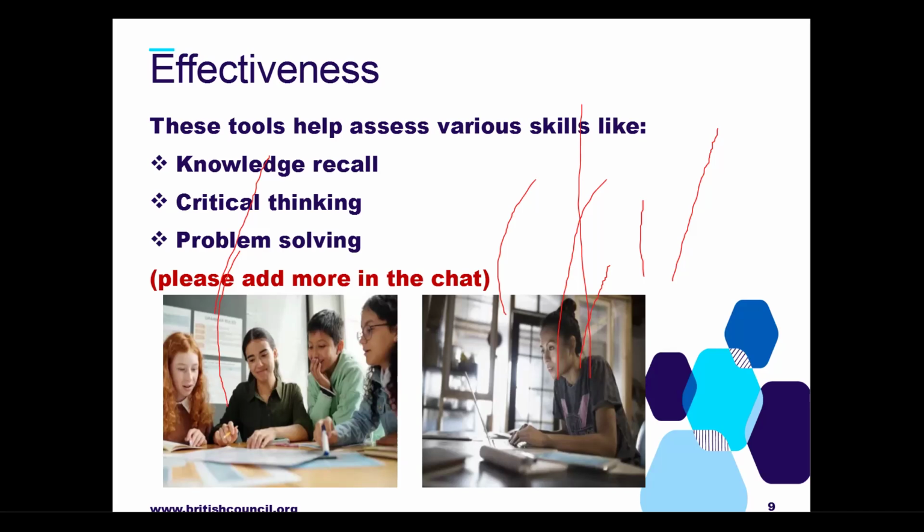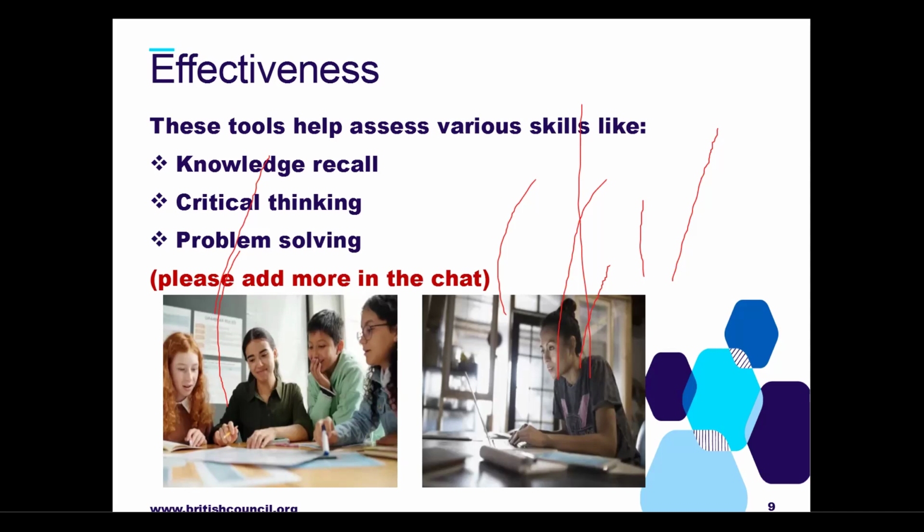Najashi, critical thinking. Good. You can share some of the best digital tools for the best skill. It will help us more. If maybe you know Kahoot can help in recall, good.